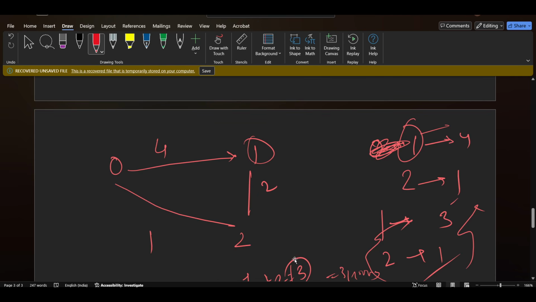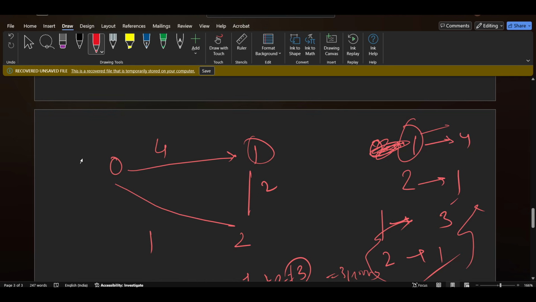So from 0 to 2 and 2 to 1 also we have reached. So we will check if the distance is greater than the distance already stored, then we will simply ignore it, because if the distance through which we are reaching it is already minimum, then there is no way to calculate it again.